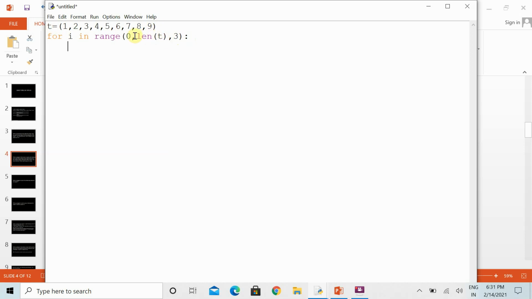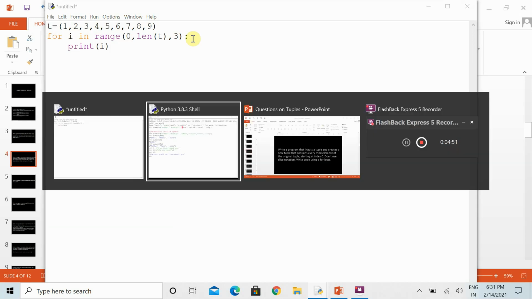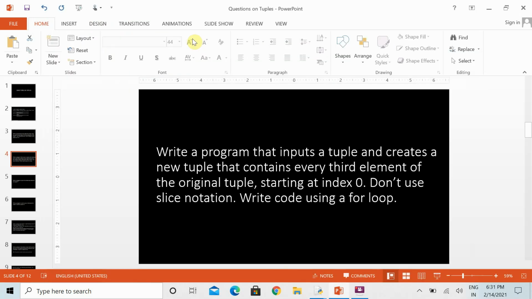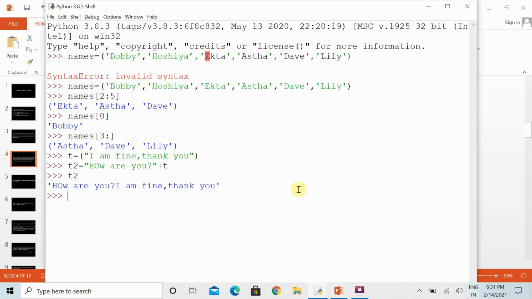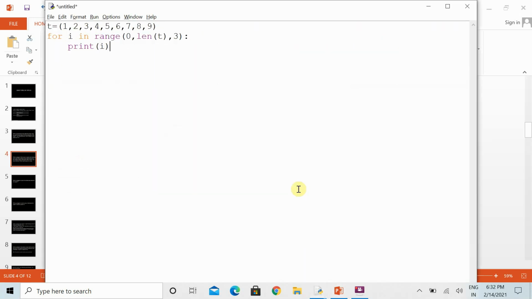Then it will go to the end of the tuple. Here I've specified the step value 3 because in the question it is specified that we have to print every third element of the original tuple and we have to start with 0. That is why we have started with 0. Now we can execute this code.